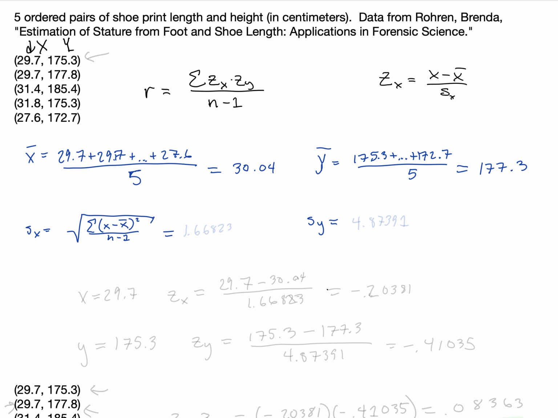I'm not going to calculate that out, but will just give a solution, and you can verify it if you wish. The standard deviation for the data values in x, for the lengths of the shoe prints, is 1.66823, and the standard deviation for the heights of these individuals in centimeters is